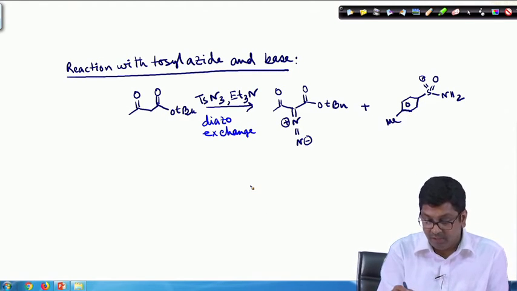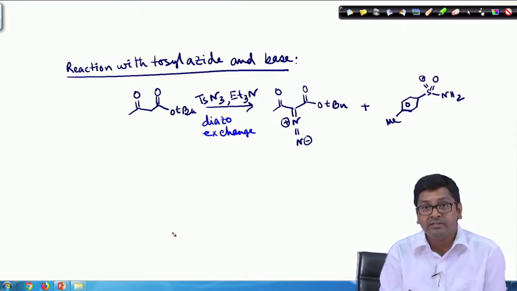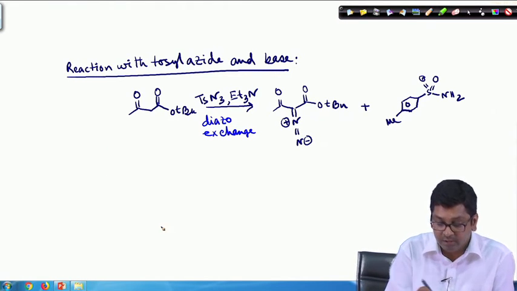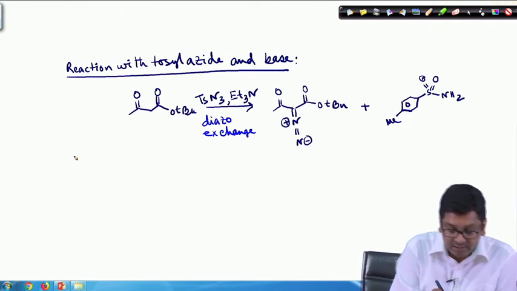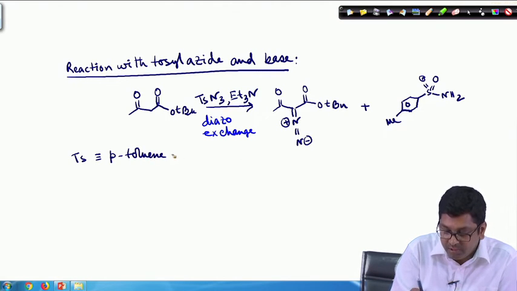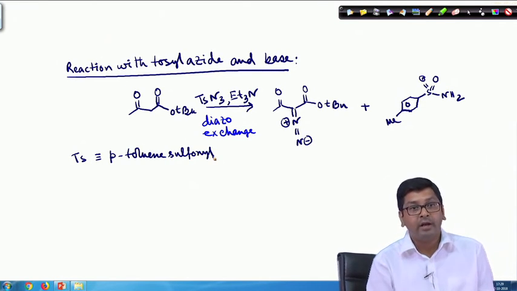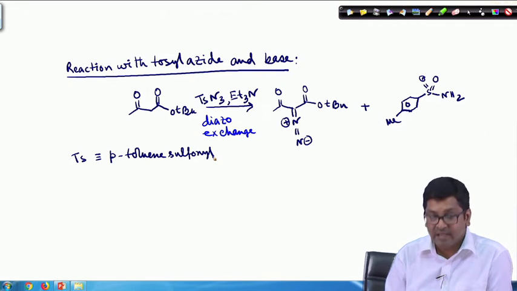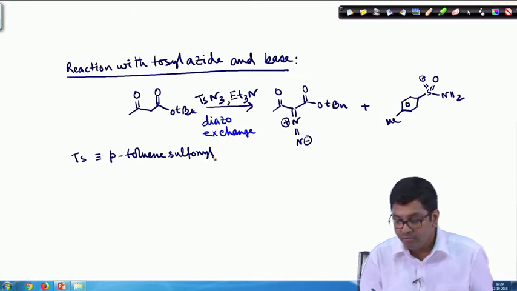Here, and I think you know already the structure of tosyl azide. How does it look like? Para-toluene, tosyl is para-toluene sulfonyl. Okay. So, para-toluene sulfonyl azide, fine. Now,